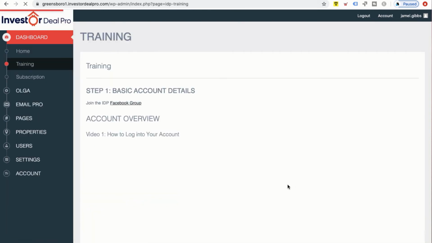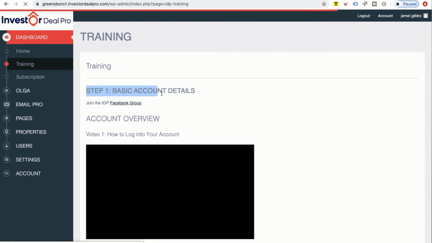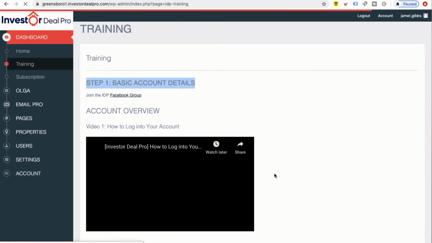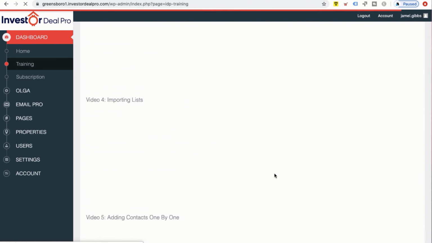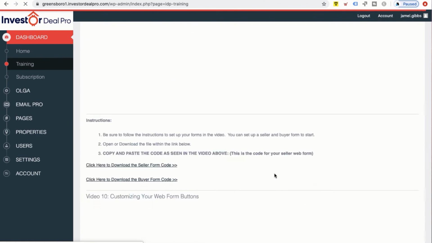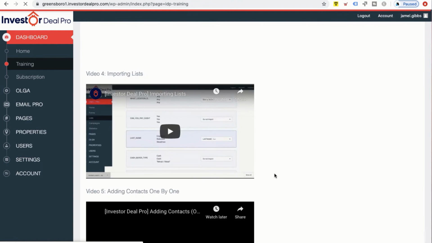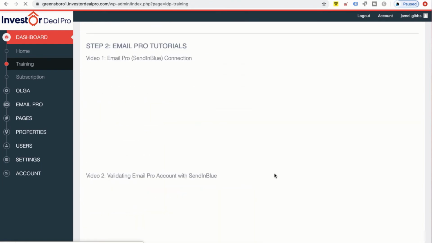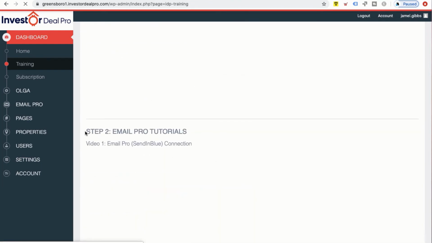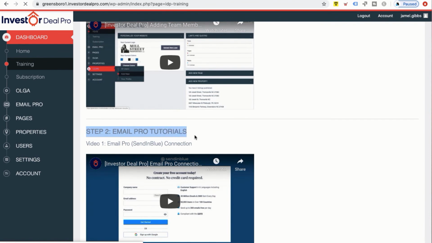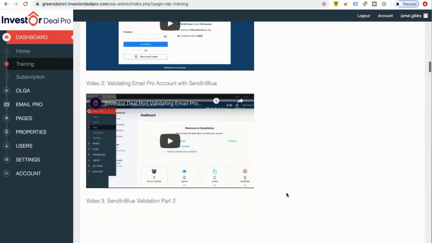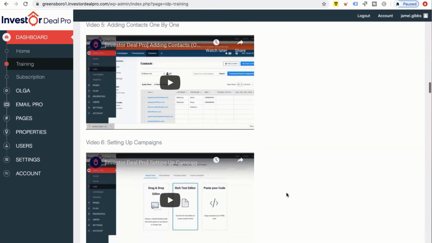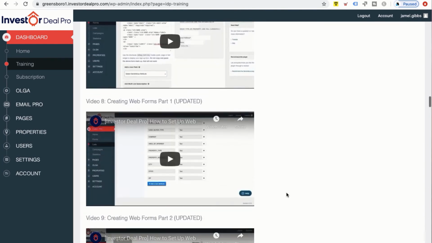Once we go to training, if you scroll down, you'll notice it says step 1, basic account details. We want to be in step 2, so we're going to scroll down to where it says step 2. Let me show you exactly where it says it. Right here, it says step 2, email pro tutorials. And if you want to, you can go through these trainings to get an understanding of how email pro actually